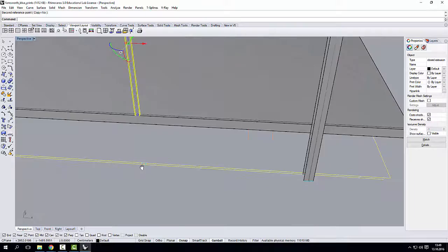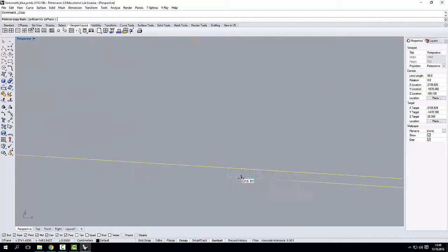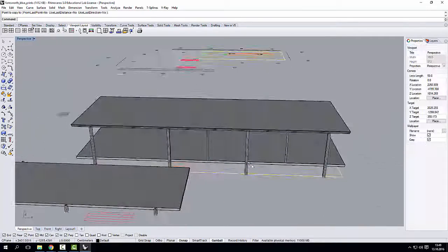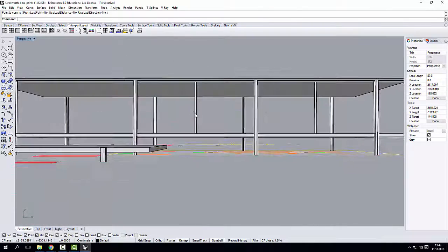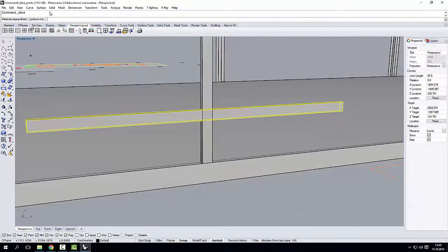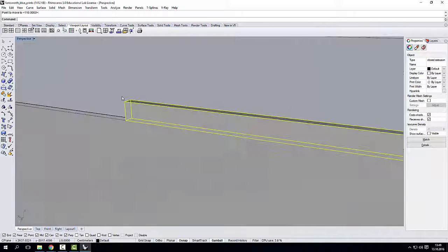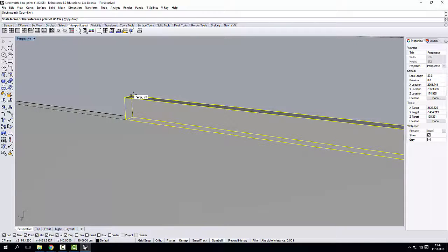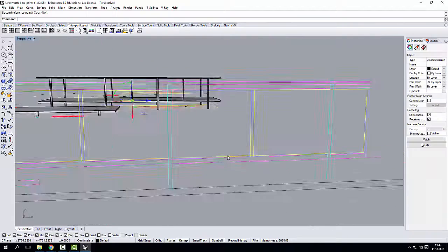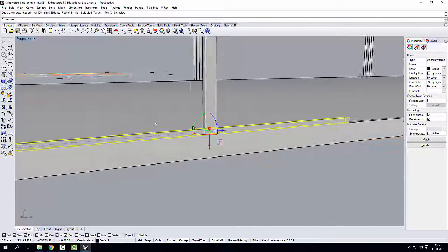And since the plan gives us very little information, like I have a point here and then another one there, I'm just gonna make a copy from here, which is the middle, to here. Now I have the two frames. And now these frames, theoretically, could be flipped, copied, moved in vertical mode from there to there, and scaled once again in one direction until we meet the frame on the elevation, which I cannot guarantee is exact, but that's okay. As you can see, my view doesn't refresh, so I'm just gonna...